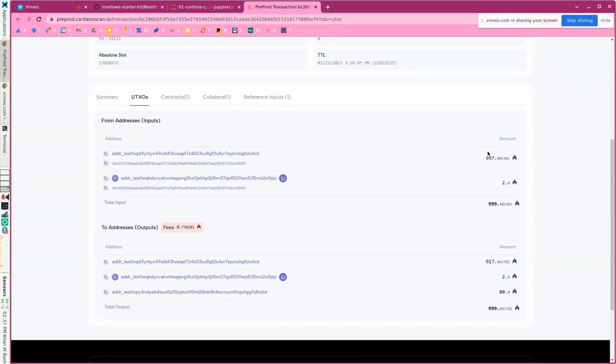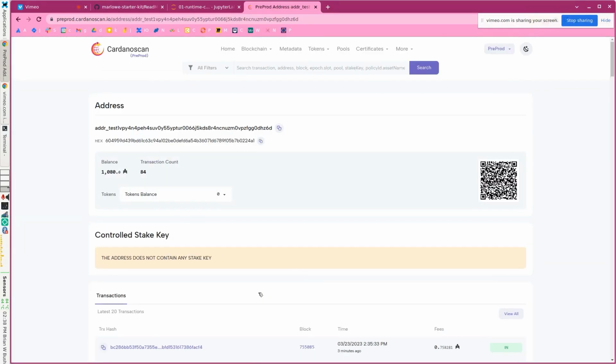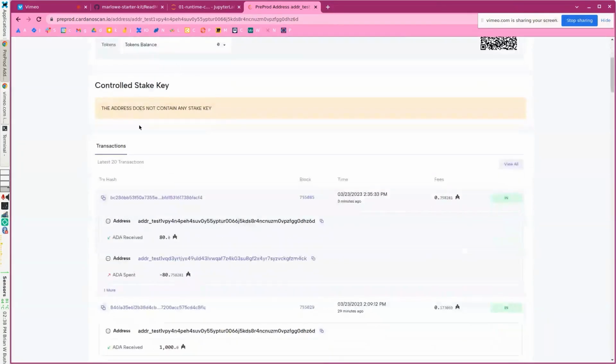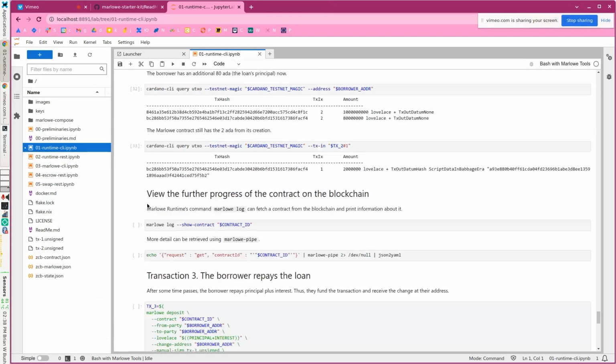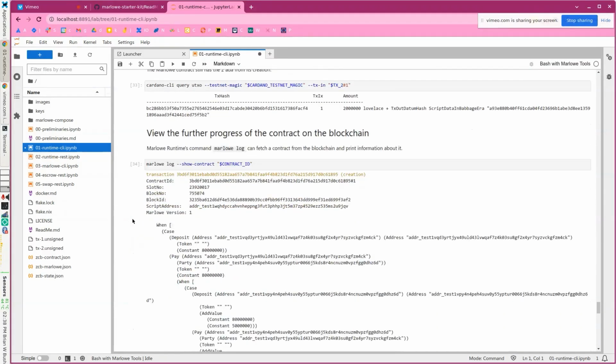The wallet had 997 and went down to 917, so it's down 80 ADA plus the fee for the transaction, and that 80 ADA has gone to the address of the borrower. So you can even click there, and you can see now they have 1,080. So anyway, things are working fine,